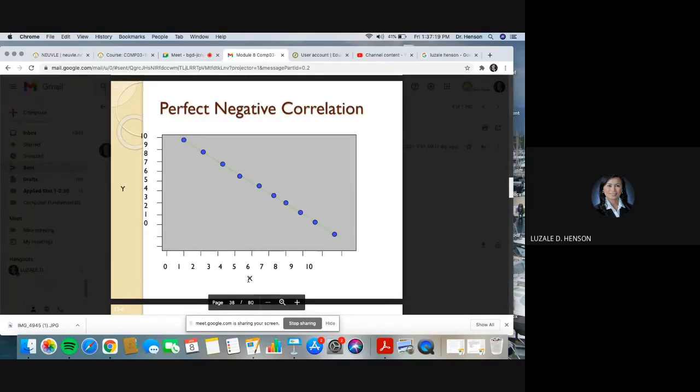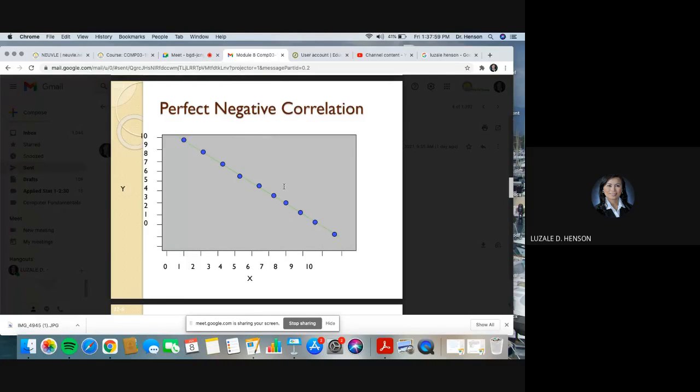When you plot the points, the observations in the XY plane, using a scatter plot, then if this is what you obtain, there is somehow a line, almost a perfect line, but the slope is negative, meaning as your x increases in value, let's say from 7 to 8, y happens to decrease, no? Y decreases from 3 to somehow 1. So there is an inverse relationship. That's why this is what you call perfect negative correlation.